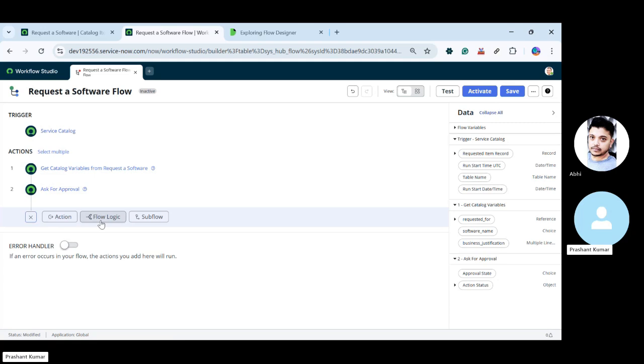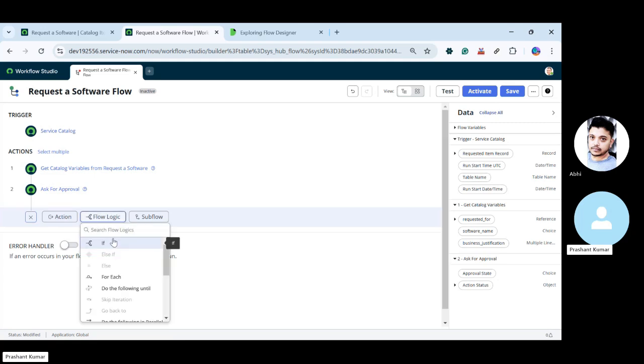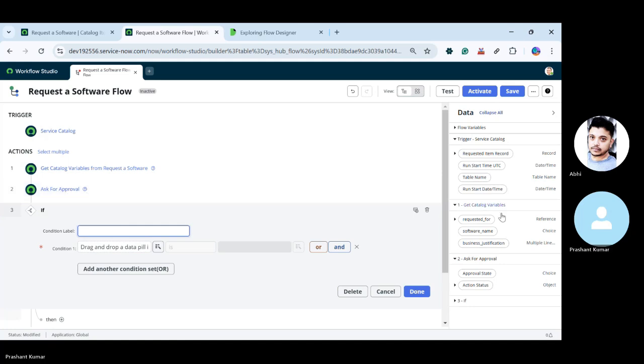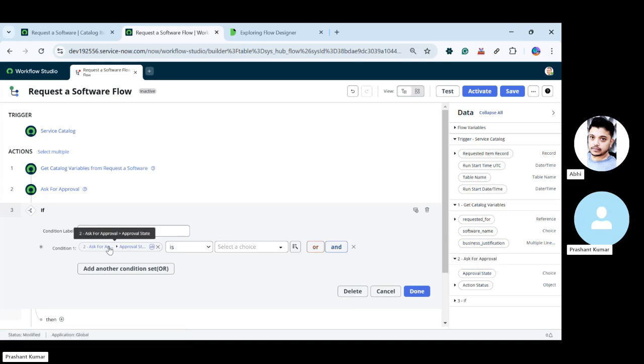So we will define a condition here, flow logic. Now we will check if ask for approval state,